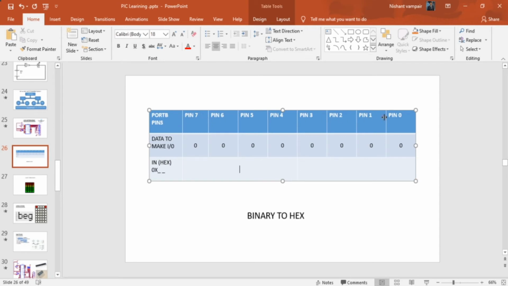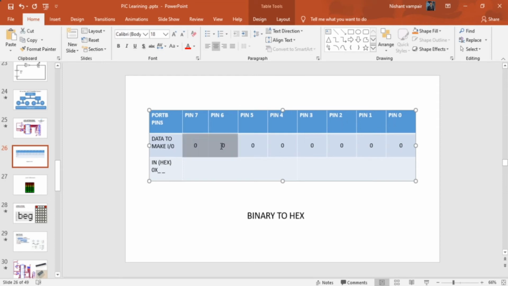These all pins are associated with port B. And we already know that to make a particular pin an output, we need to provide 0 on that pin through the TRISB register. Right now I am making all pins outputs, so I am writing 0 under these pins.